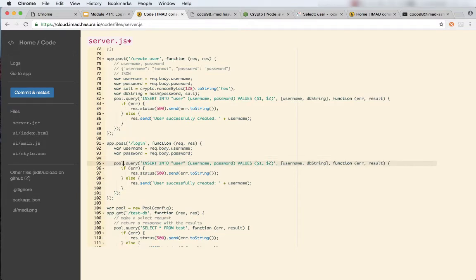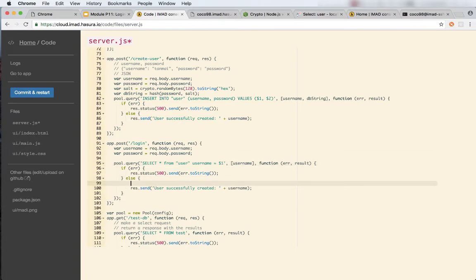What we now want to do is actually select from the user table. So let's do select star from, right? And we'll select it using the username value. So select it where the username is equal to $1, and $1 is the username value. So what we're going to do is first search in our table to see if this username exists. Now, if this username exists and if the SQL response is successful, we need to quickly check if